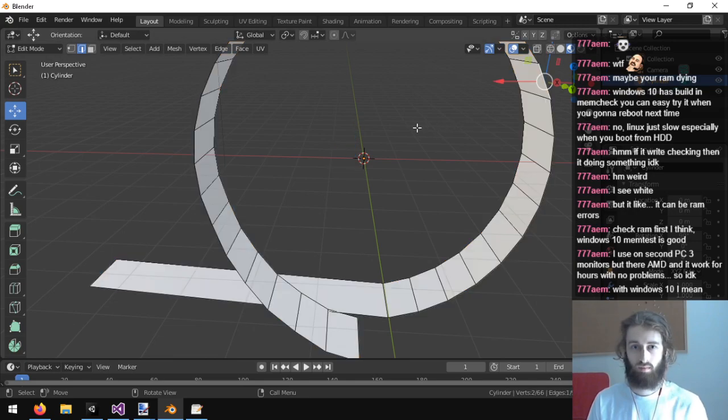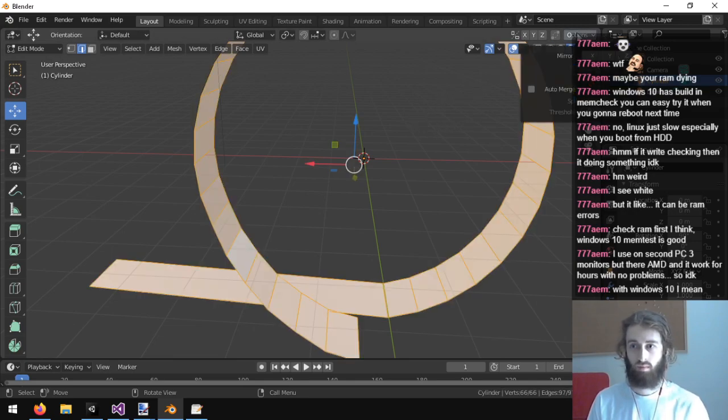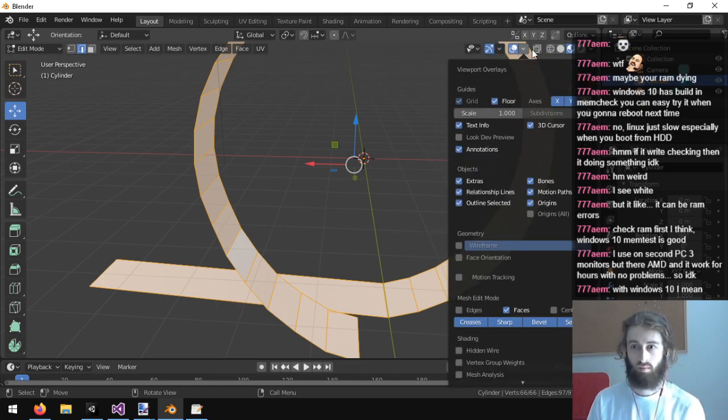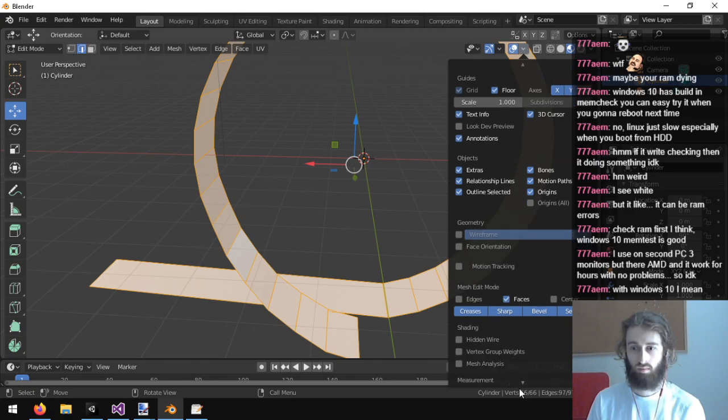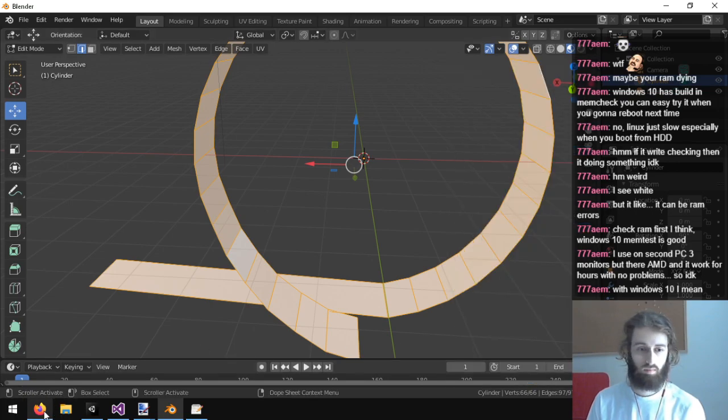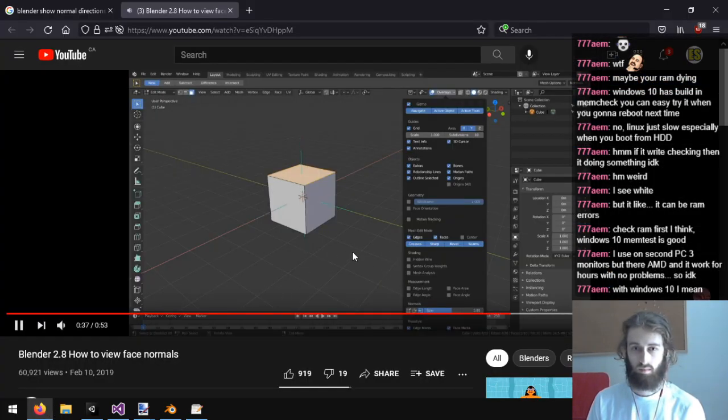But once you have Edit mode enabled, just go to Overlays again. And then we have a bunch more settings. And the one we want is all the way down here, which is Normals. And we have 3 different viewing types. My favorite is this third one, where the normal comes out of the center of the face, and of course we can change what this looks like in the viewport with the size.